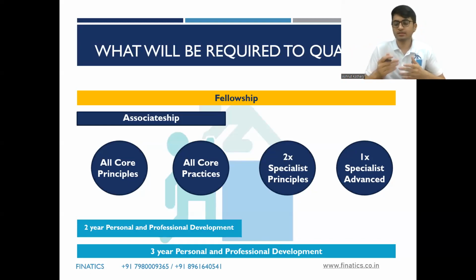Even if somebody starts in the first year of their college, you will have 6 attempts in 3 years as per the current structure, and it is practically possible to clear 6 to 8 papers. I personally had cleared 8 papers by the time I graduated, and I see a lot of my students who have even cleared 8 or 9 papers by the time they graduate. That is possible if you are regular and even a little bit disciplined about your studies. It's all about being disciplined and regular.